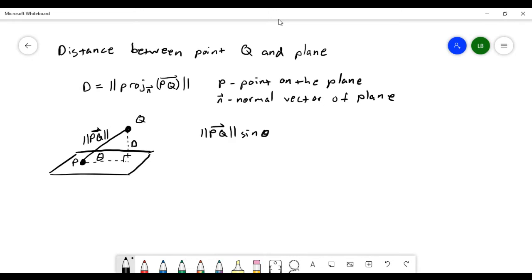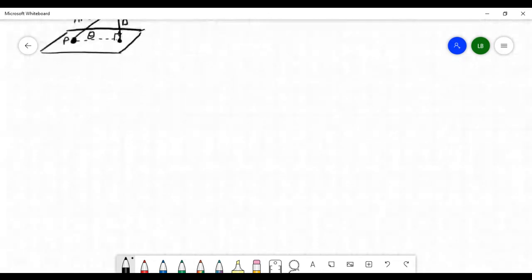And that happens to be the magnitude of the projection of this vector PQ onto the normal vector. If you recall, the projection of PQ onto this normal vector would get you this distance right here, a vector going straight from the plane to Q. This is the visualization of this formula. If you want to memorize the formula, you can. If you want to just remember the visualization and come up with this formula every time, you can also do that. I don't have a practice problem for this one, or this next one, which is the distance